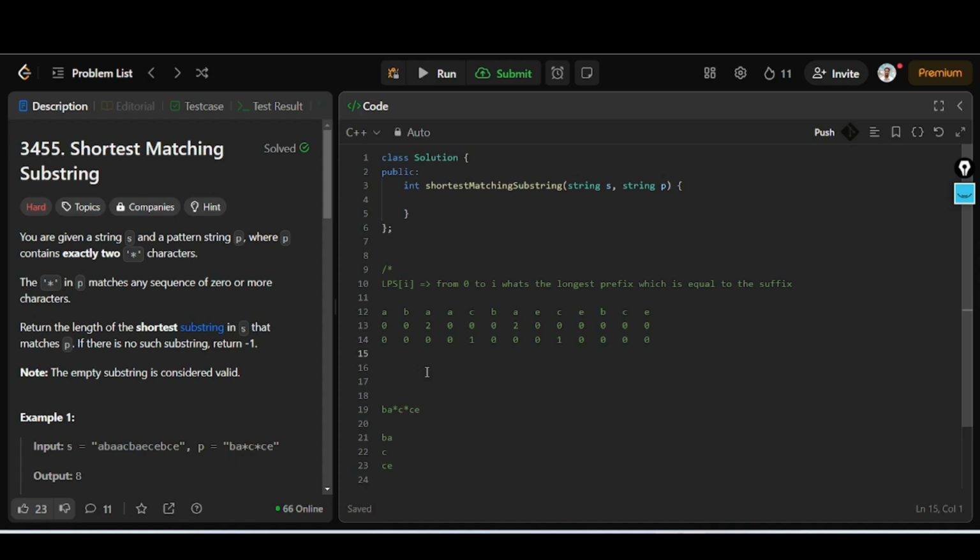For segment 3, this is the LPS, right? So these are the LPS, right? Now how can we use this to get our answer, the shortest substring? Well, we can have different techniques on this. We can have a binary search on this. That'll be O of n log n. But we can do better. We can have